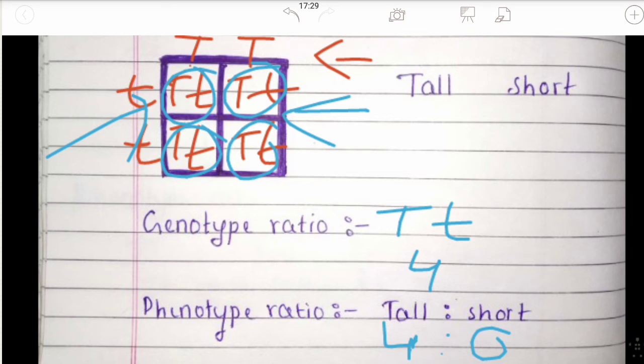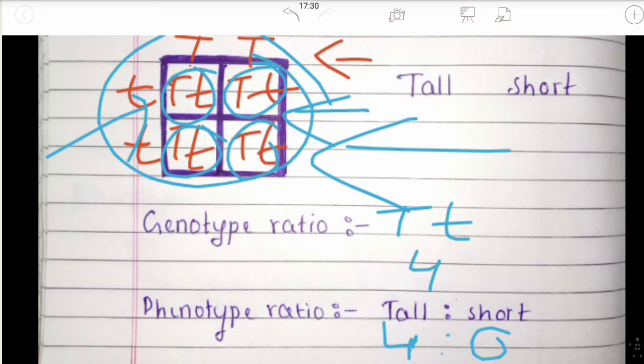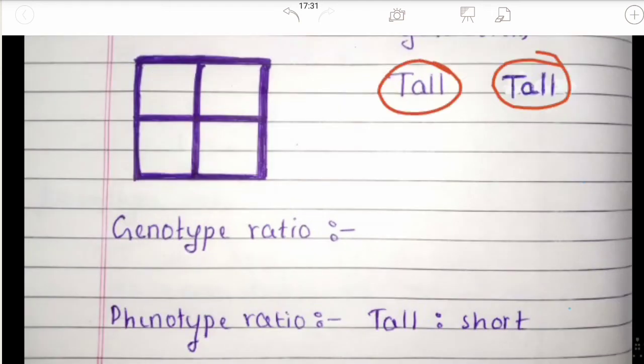Initially when Mendel did this experiment, he got all tall plants. Similarly, we have got all tall plants. This generation is known as the F1 generation. Later, Mendel took two tall plants from the F1 generation and self-pollinated them. So we will also take the F1 generation and self-pollinate them. These are the two tall plants from the F1 progeny, denoted as capital T, small t and capital T, small t.